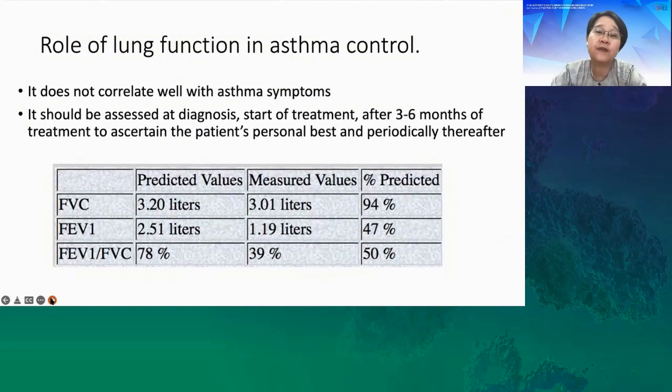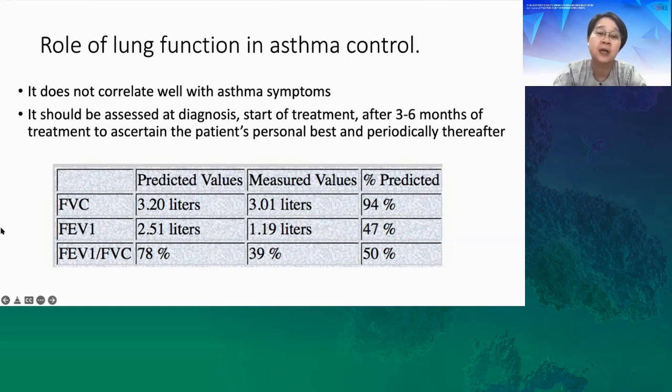So what is the role of lung function in asthma control? Number one, it does not correlate well with asthma symptoms. It should be assessed at diagnosis, of course, and at start of treatment. And we usually do it 3 to 6 months later to ascertain the patient's personal best and periodically thereafter. But in the era of COVID, we have been advised to do it, we can actually get away with not doing it because doing this test would require a PCR test and additional